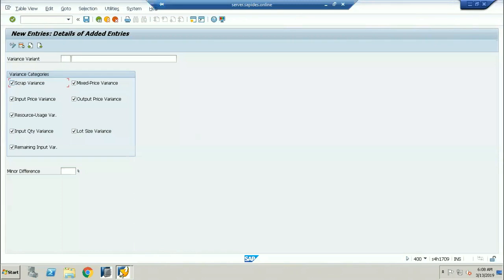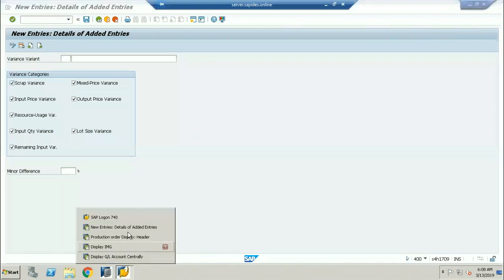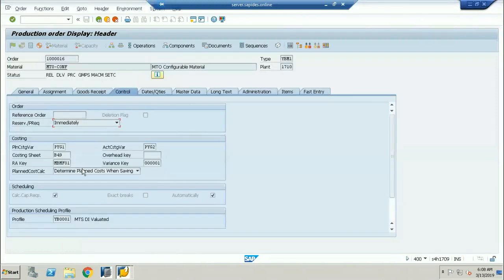Why? Because if I go into the production order, here you are going to be assigning this variance key in each and every production order. Variance key is nothing but 00001. This is the production order. This production order is getting converted to your semi-finished goods. So at the time of semi-finished goods, if you see there is a variance key, then there is work in progress, because it is based on the results analysis key.